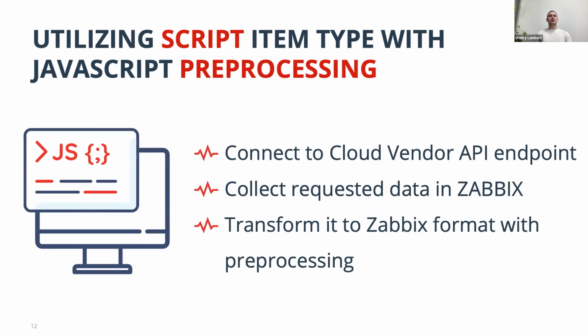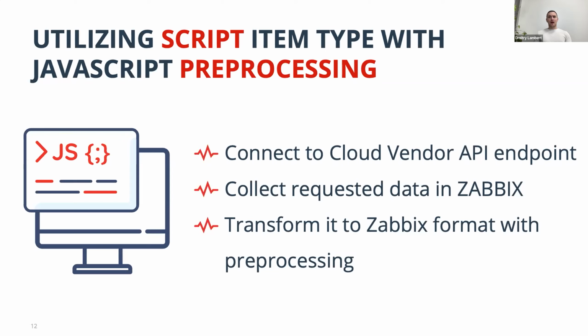So how is this actually done? Using the script item type on the low-level discovery rule, which is the one item type responsible to connect to the cloud vendor, collect requested data, and, using pre-processing, transform it to the Zabbix format. In this case, it will be into low-level discovery format, because again, we want the cloud monitoring to be as self-sustainable and automated as possible. So all the changes are tracked and applied to the monitoring system on the fly